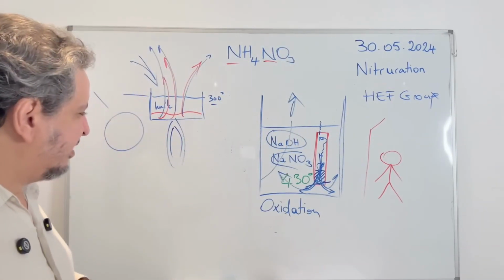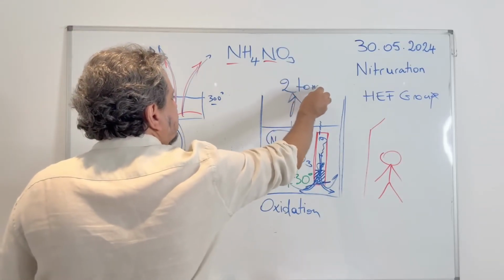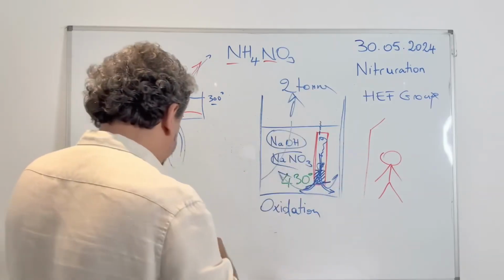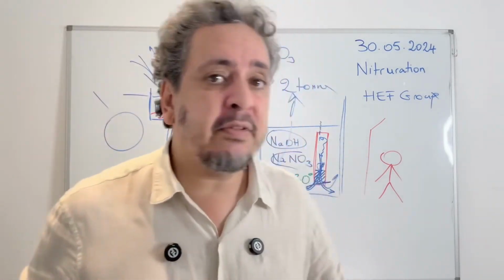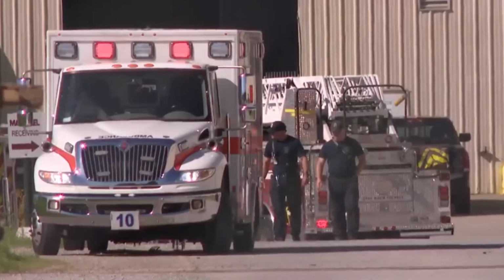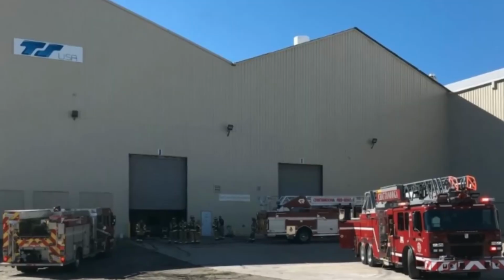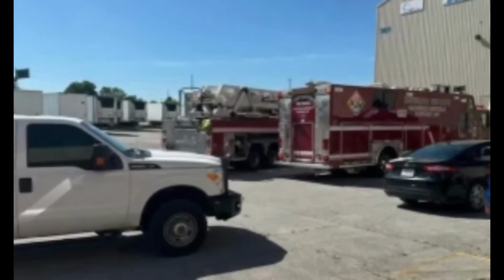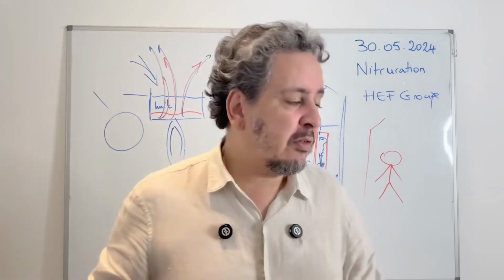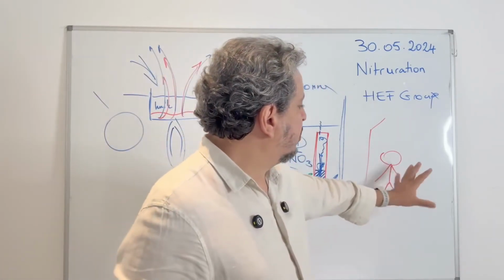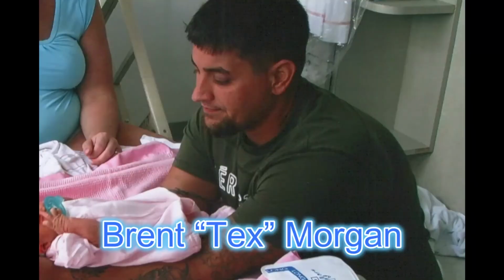So what's going to happen is that here we have 2 tons of this product that will rise into the sky and fall back down here. And then the alarm goes off in the factory, everyone is running everywhere, and the firefighters arrive. So we're going to find this guy. He suffered 2nd and 3rd degree burns over 95% of his body. So the firefighters are going to take him, they'll bring him to the hospital where, not surprisingly, he will die